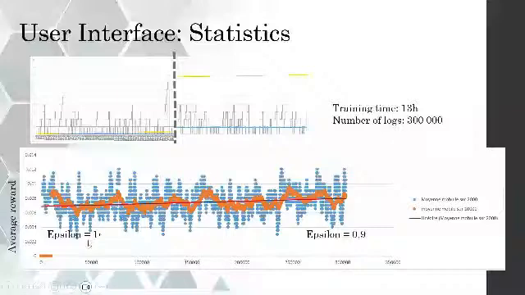To understand, in this example we begin with an epsilon of 1. That means every action of the model will be determined randomly. With a value of 0.9, that means 90% of the actions chosen by the model will be performed randomly, and the last 10% is predicted by the model. So the model tries to predict the best action to do with the game we are working on.